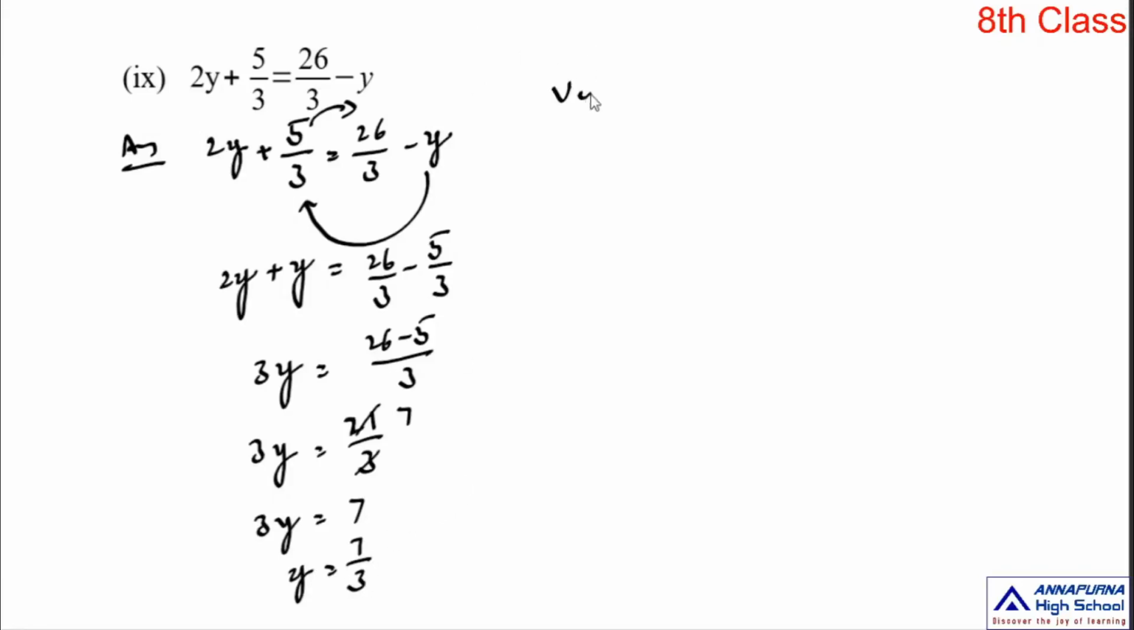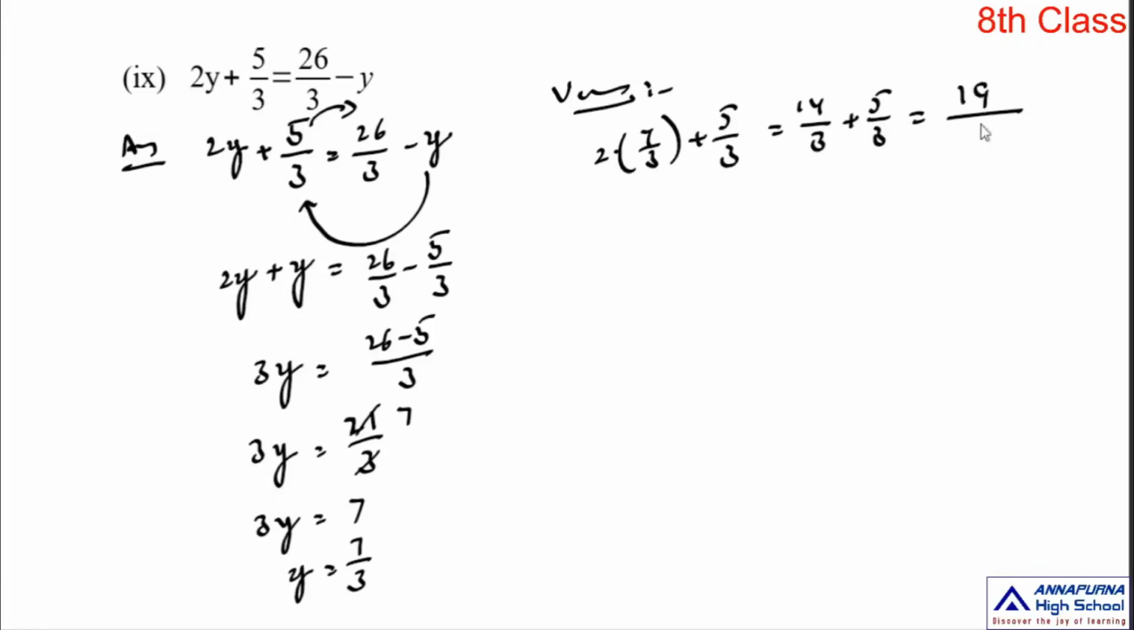Okay, let's do verification. Substitute this 7 by 3 in the left side. Left side you have 2y plus 5 by 3, that means 2 into 7 by 3 plus 5 by 3, it is equal to 2 into 7 by 3, 2 7s 14 by 3 plus 5 by 3, and the denominators are same, so simplify the numerators directly. 14 plus 5, 19 by 3, and substitute the same value